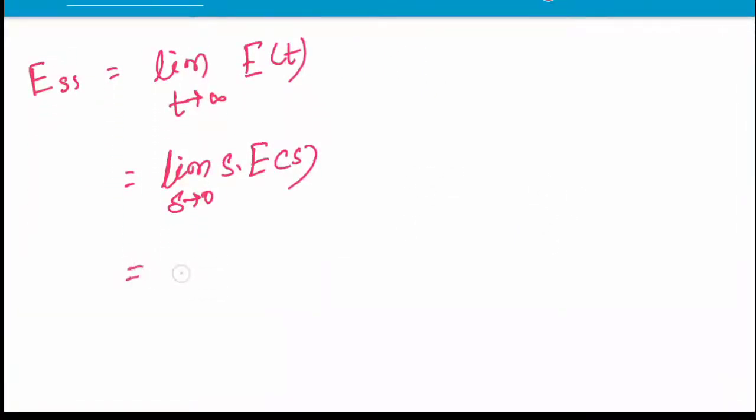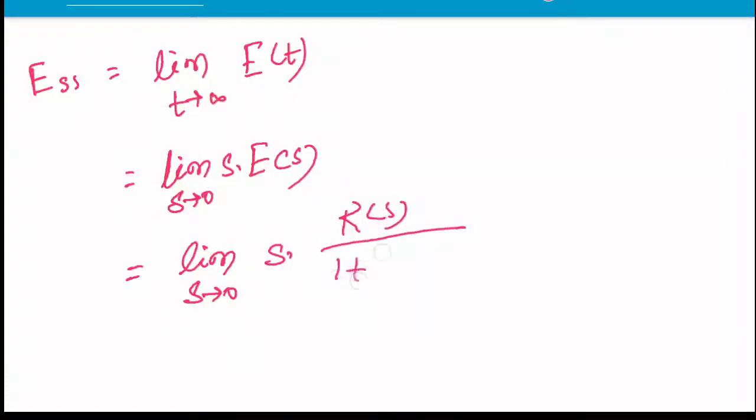So this will be limit s tends to 0 s into E(s). What is E(s) value? R(s), that is input, by 1 plus G(s)H(s). G(s)H(s) is open loop gain,